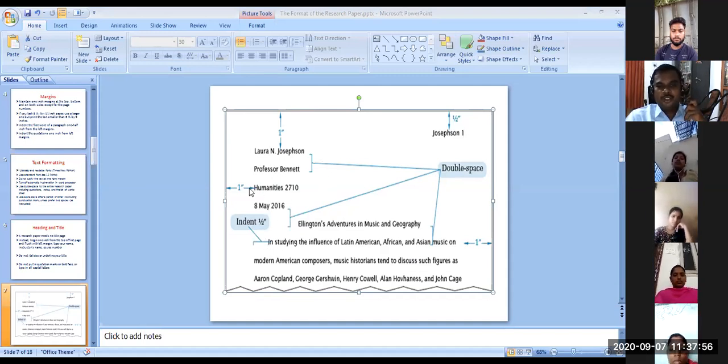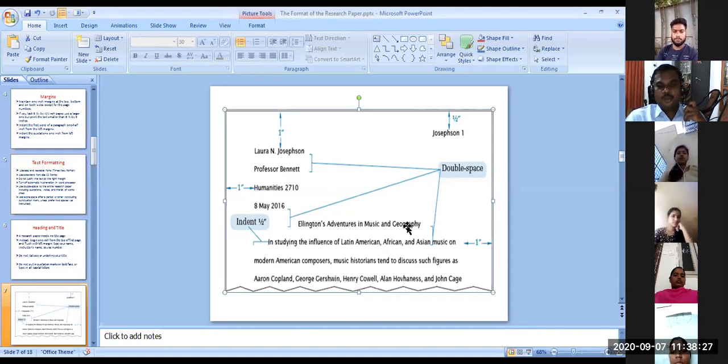And the next one, you see this one. Sir, on the left side, how much margin should be there? 1 inch. To see the cursor, left side 1 inch, right side 1 inch, only your name is half inch. Sir, shall I avoid writing Josephson, my first name, in half inch? Yes, you can. And you see here double space, and here double space you are writing, then the date you are writing, and there also you give 2 line space.